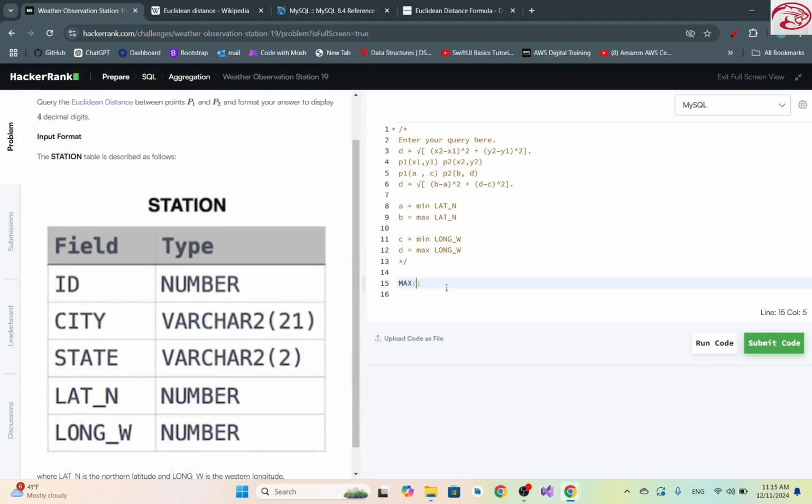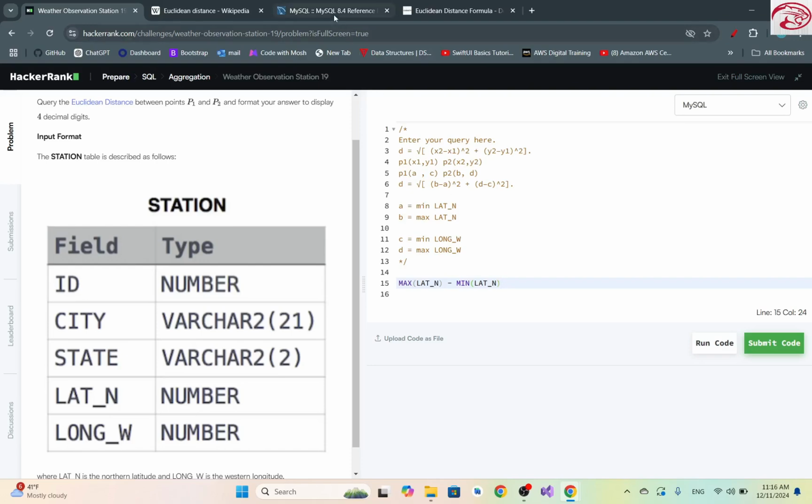So I'm going to say max of lat_n, which is B, minus A. A is the minimum of latitude, min of lat_n. Once we have this portion, we are going to raise this to the power of 2, make it a square. So we can either multiply this value by itself, or we can use some mathematical functions